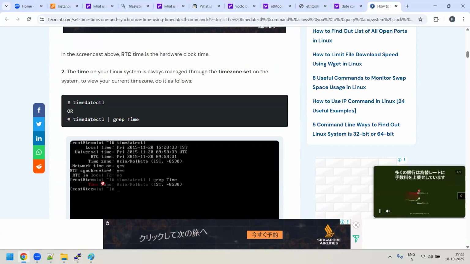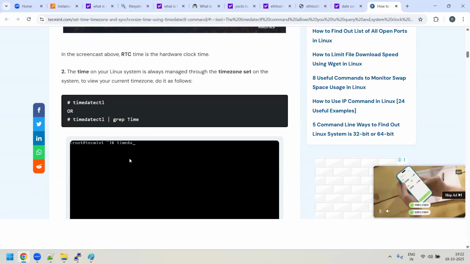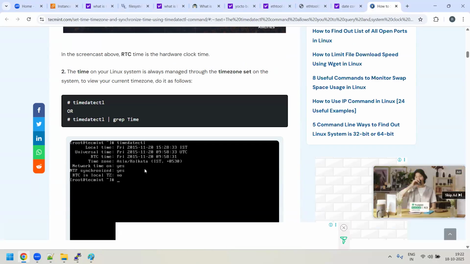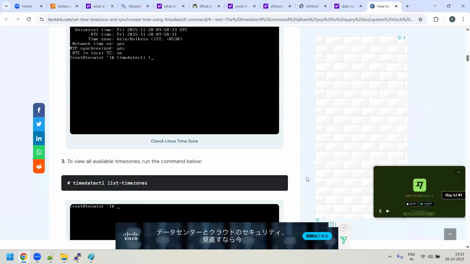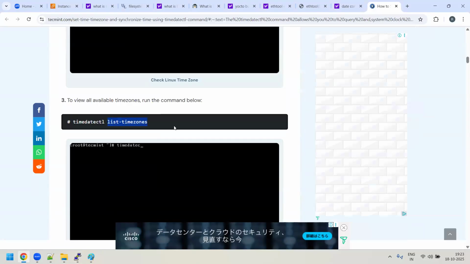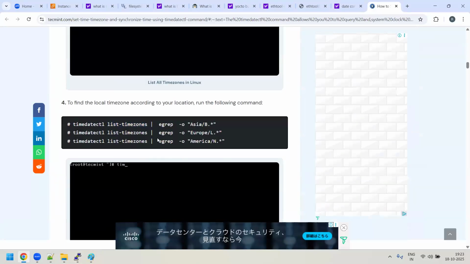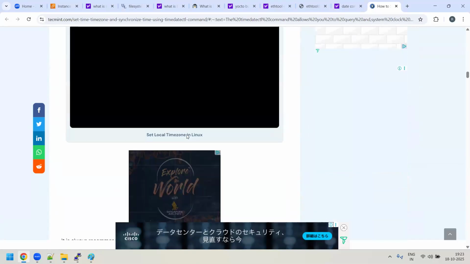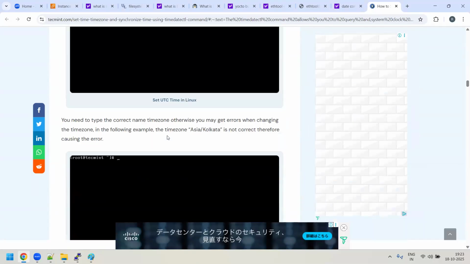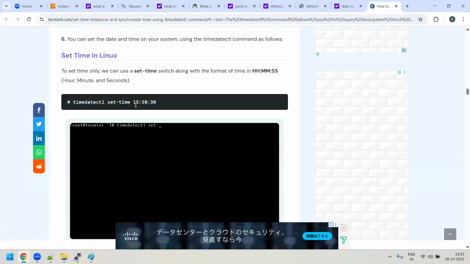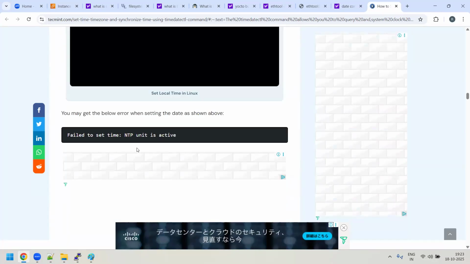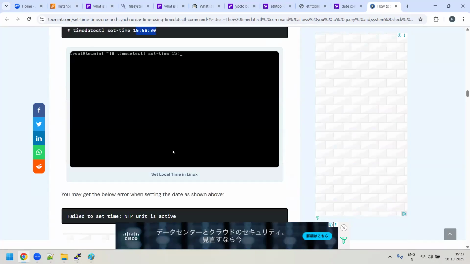You have to go to the particular time zone. Yeah, this is what I was missing, time zone. So if you go to the Japan time zone, you can synchronize, you can set all the things. See, list the time zone. It lists it out. You can even do a grep of Japan. It will show the format and then you can just follow this document. Then you set the timing and you could see that like this.